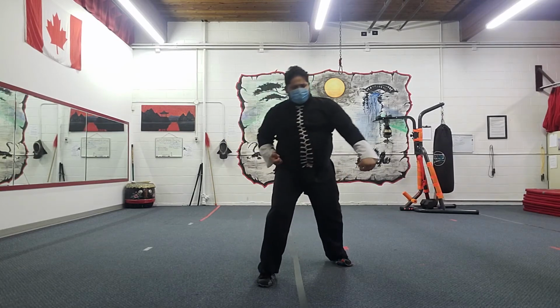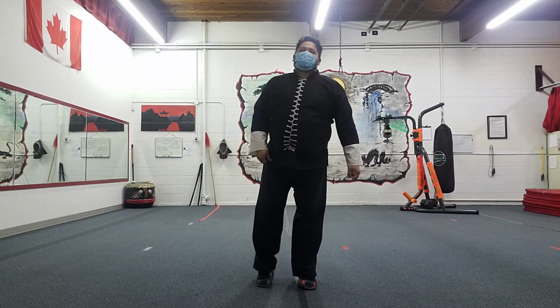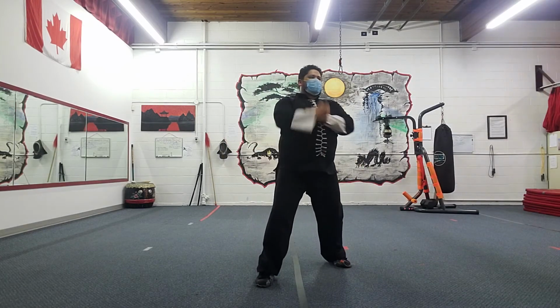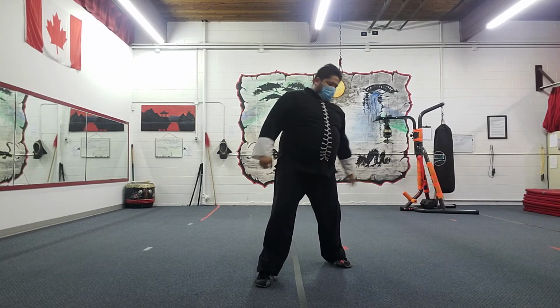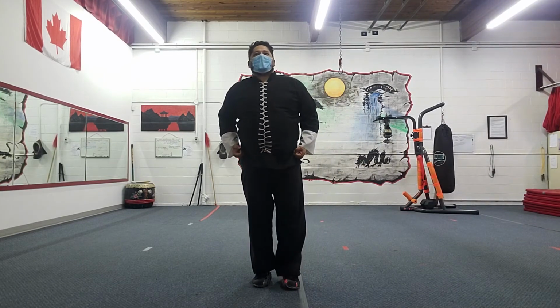So right bow, left hand blocks, then right hand, then punch. So fallout technique, 2 arms blocking, going back to a right bow. Left hand does the first block. Ready? 1,